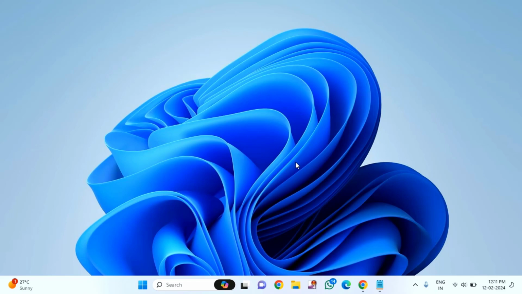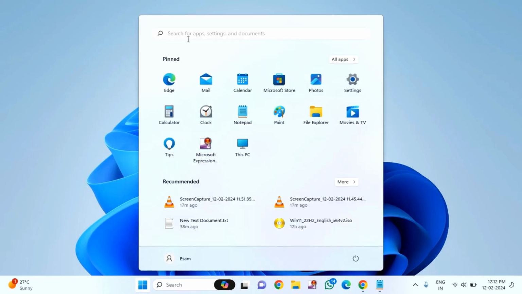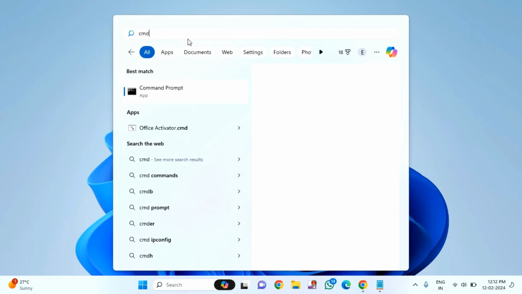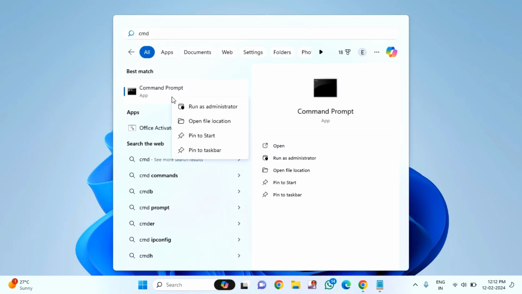Guys, if your Windows Security real-time protection is grayed out and you are unable to turn it off or turn it on, then I will show you how to fix this issue. First of all, you have to open CMD. Click on the start menu, then type here CMD, right click on this command prompt, then click on run as administrator,